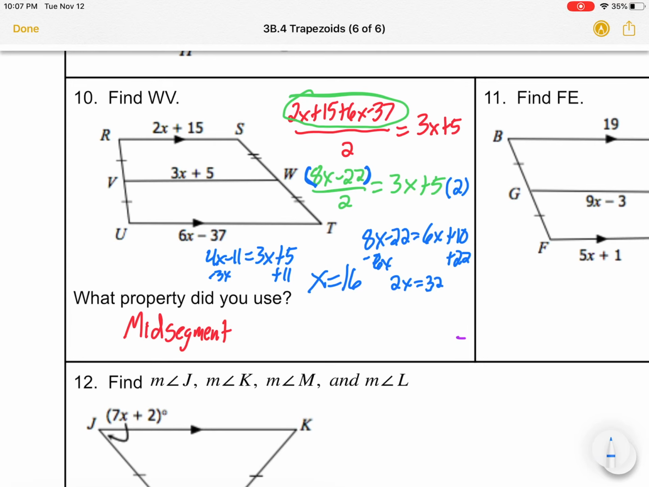But we aren't done. They want WV. So we're going to plug it in right here. 3 times 16 plus 5 to give us 53. So if you can do number 10, there's no reason why you should miss the question on the test. This is as difficult as these could possibly get. So if you can do 10, you can do the one on the test without